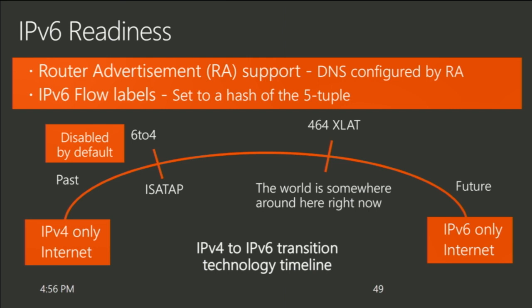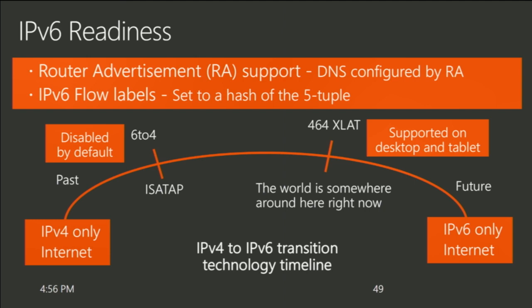Moving forward, we're moving towards that v6 only internet, and the next type of technology is 464 XLAT. So we think that the world is about here right now. Because of that, we've moved support to the desktop and tablet, only for cellular, not for LAN. The reason is that there are a lot of new devices, tablets and convertibles, Surfaces and such. I don't know if the Surface is going to have cellular technology, but they have cellular and they have wireless. So we've brought this technology along.